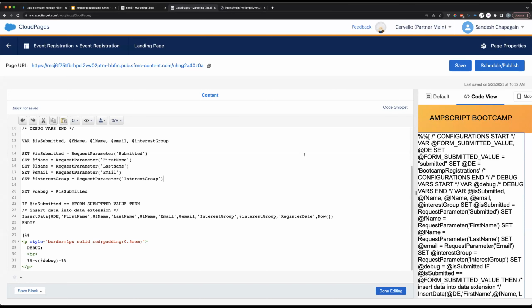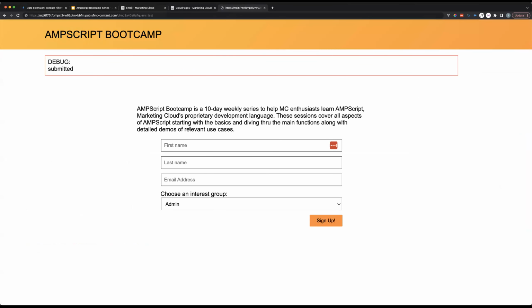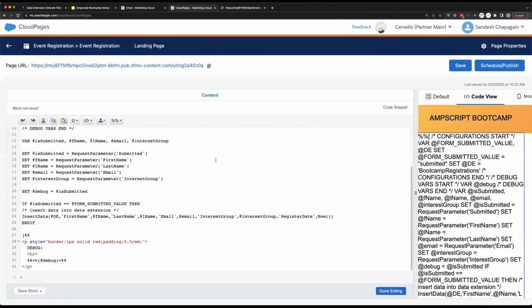Okay, so continuing with the build here. This is not very user-friendly though, right? We submitted the data, we use insert data, that's great, but the user doesn't know. So instead of just using a debug, we need to somehow say you have submitted the form or some sort of a feedback message, and we can also work on that.